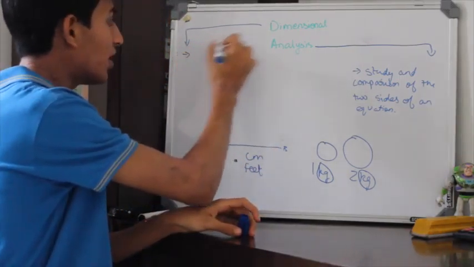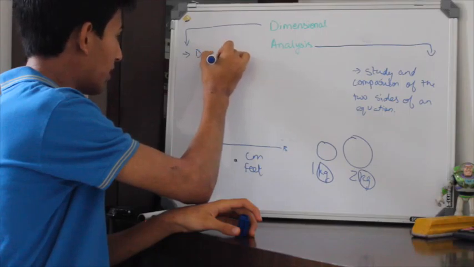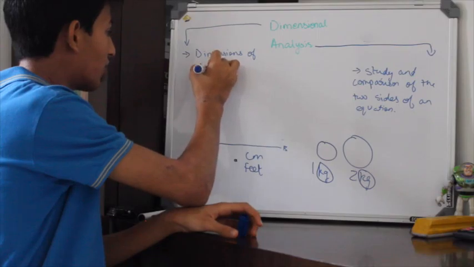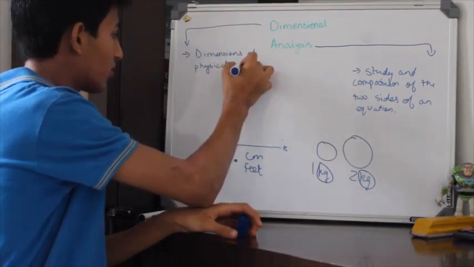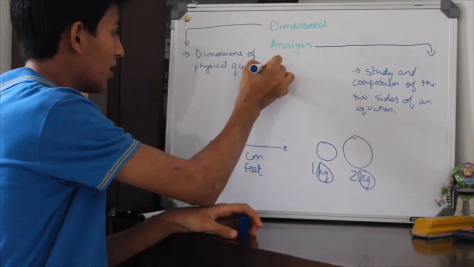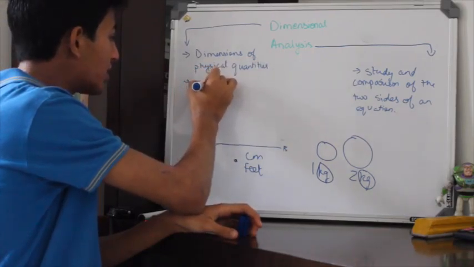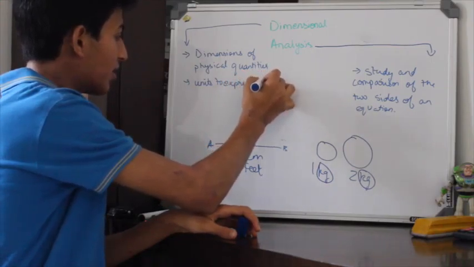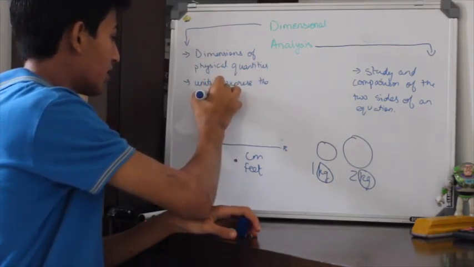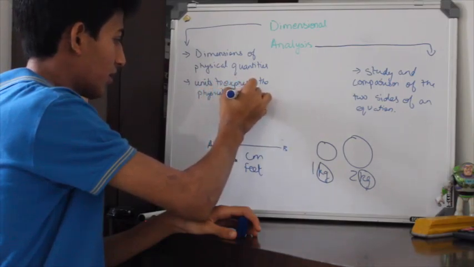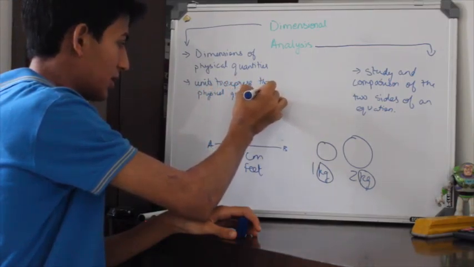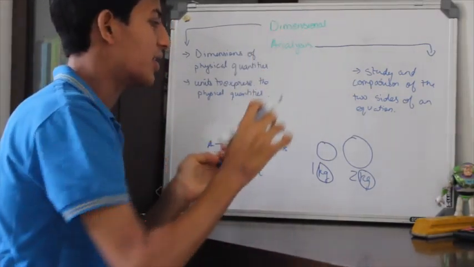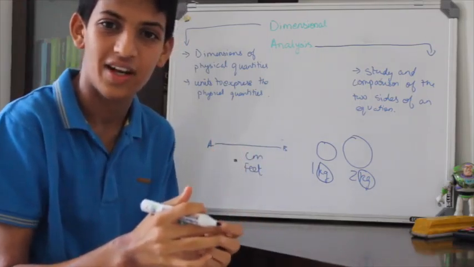So dimensional is anything to do with dimensions, the dimensions of physical quantities. And we use units to express the physical quantities. So now that you know what dimensional means and what analysis means, let's join them together and make